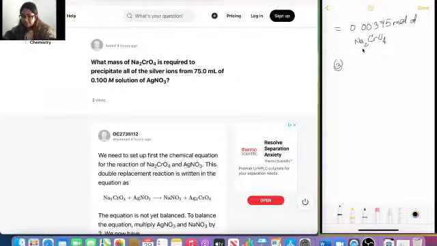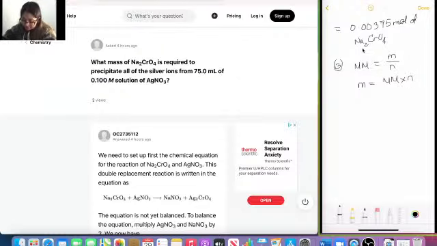Since our molar mass, MM, is equal to mass over your number of moles, right? We can rearrange this equation to get our mass, right? So our mass is